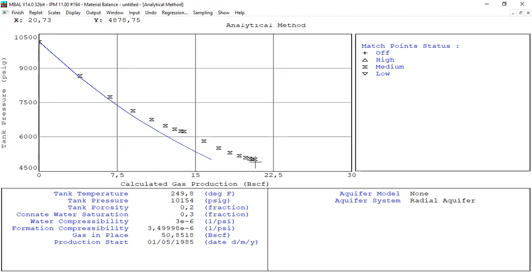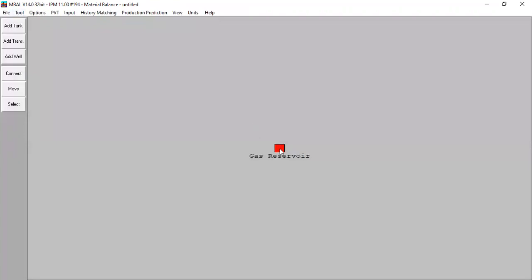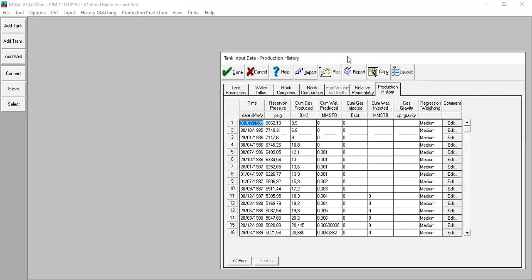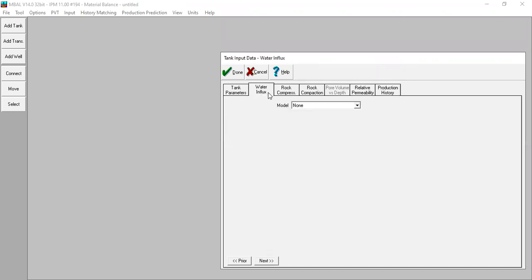So first, we will adjust our model. We go to finish first. We go back to the model. Now, maybe you already think about it. We select water influx. Okay, and let's say we have done evaluation study about the aquifer.